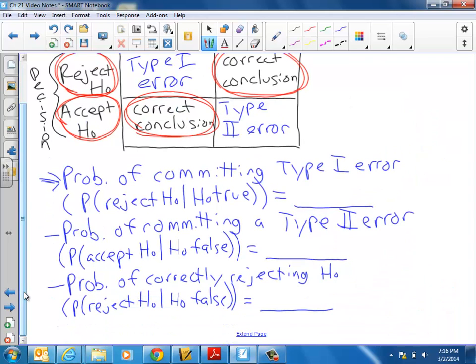So the probability that you commit a type 1 error is,